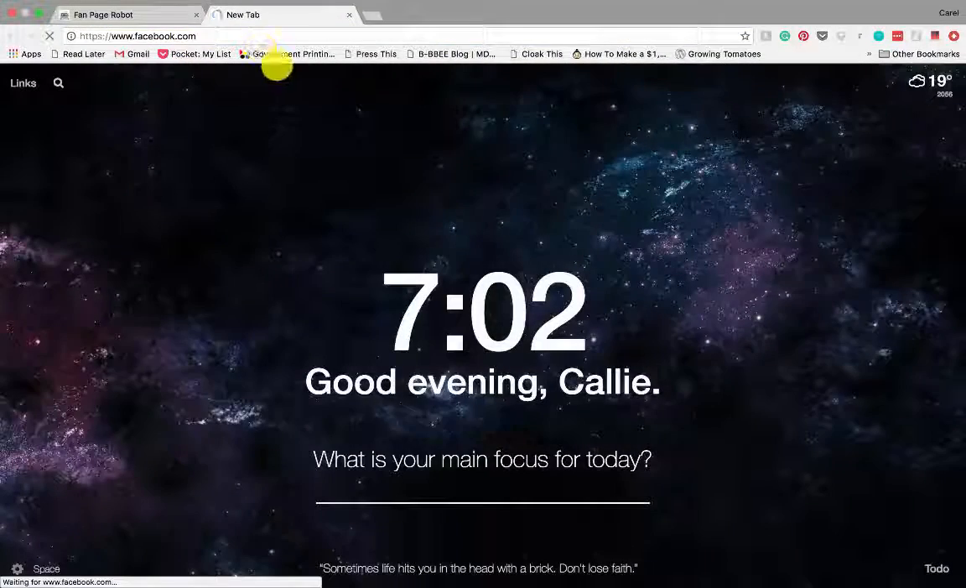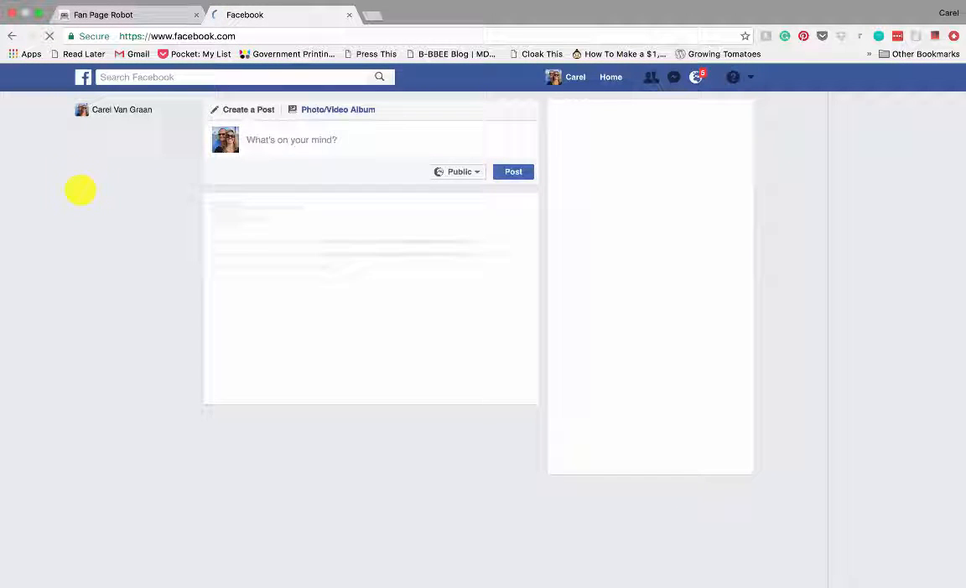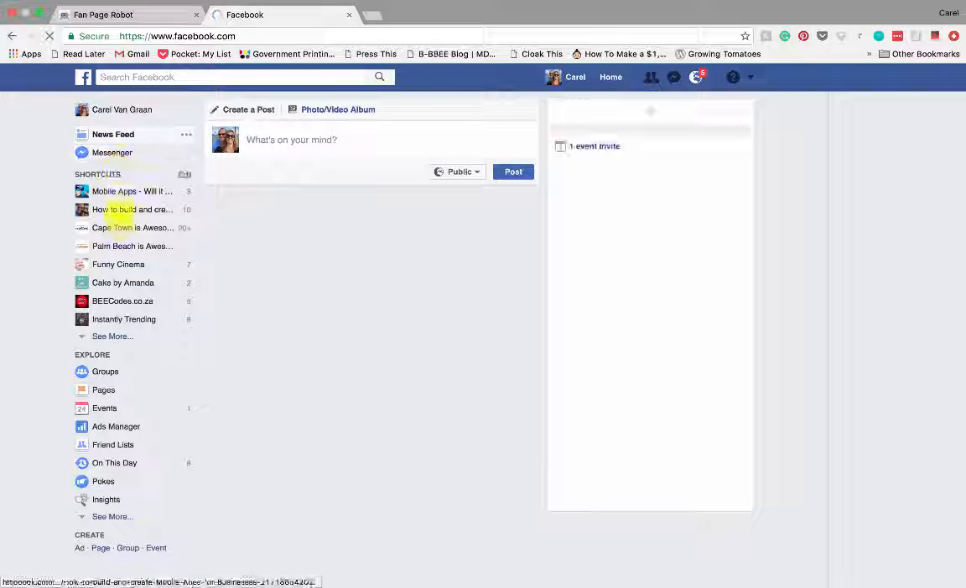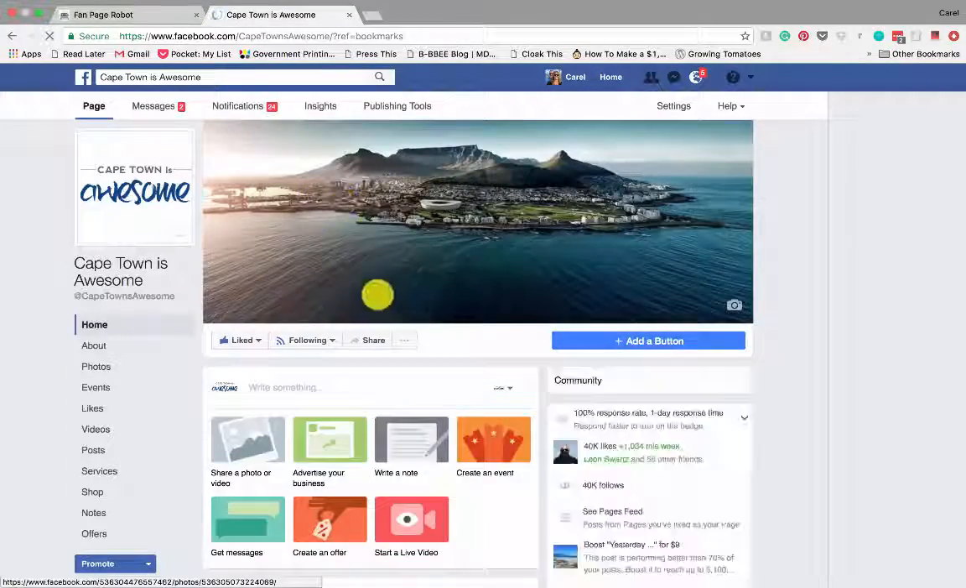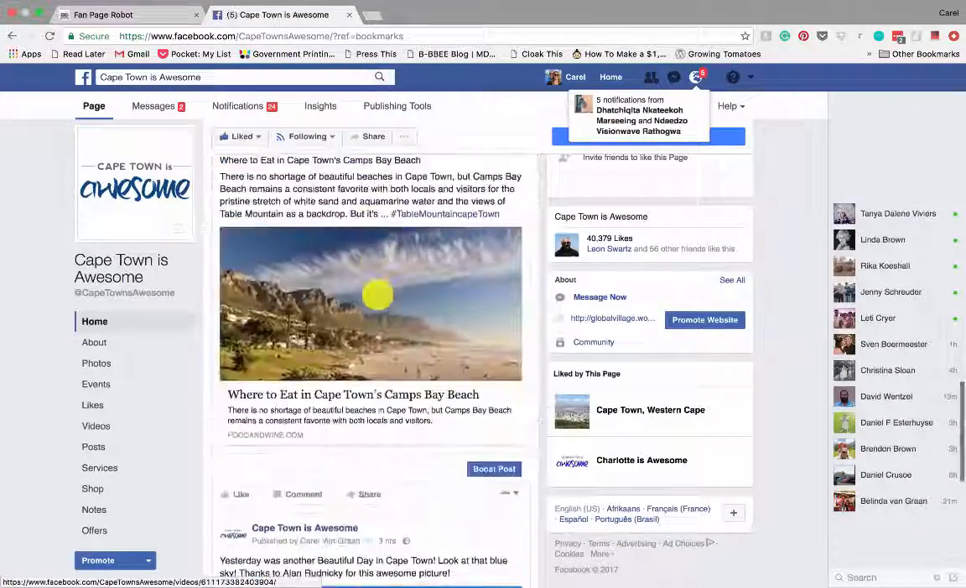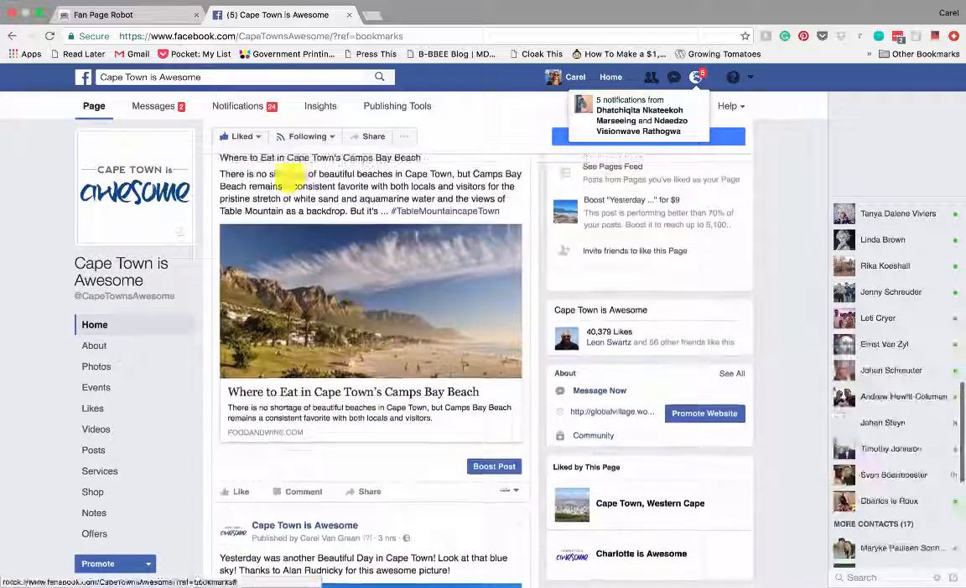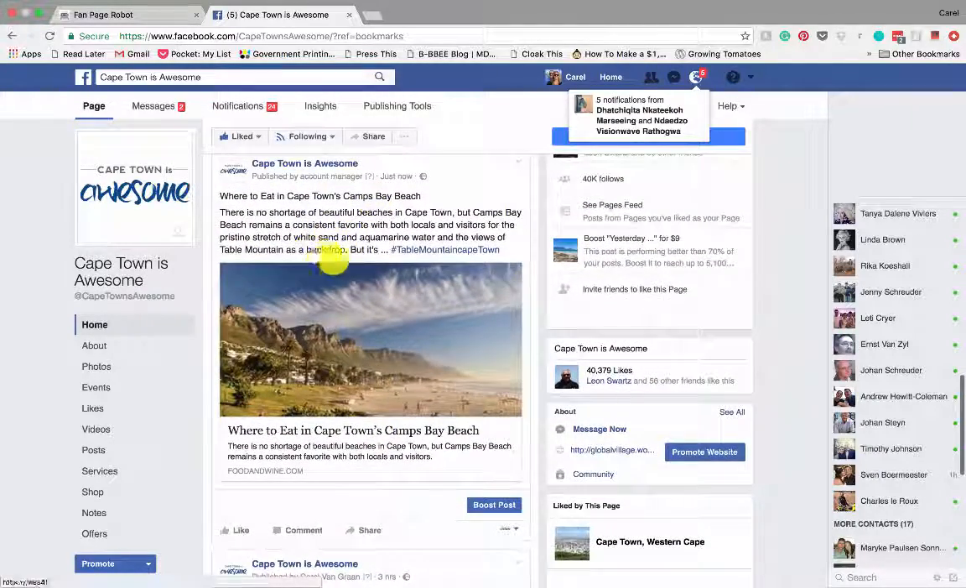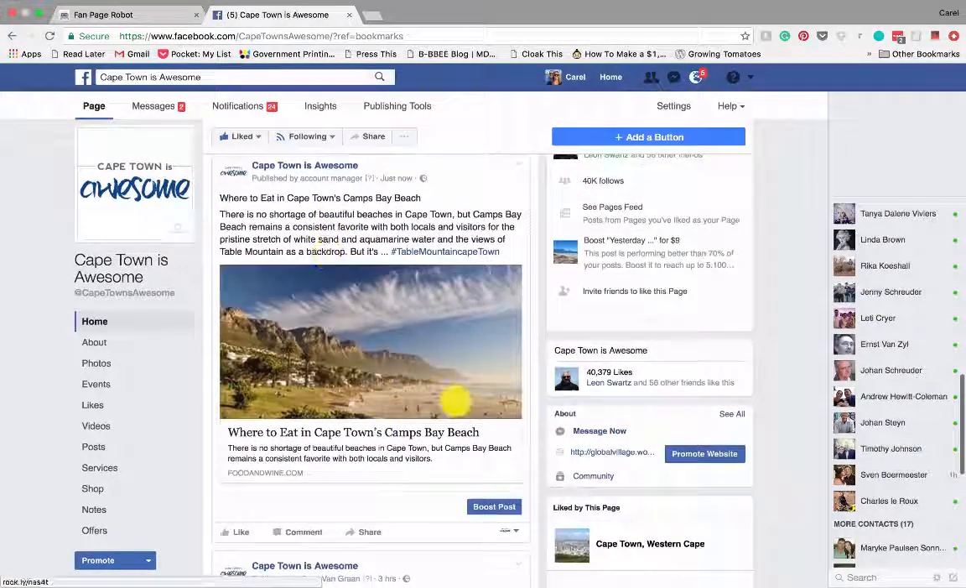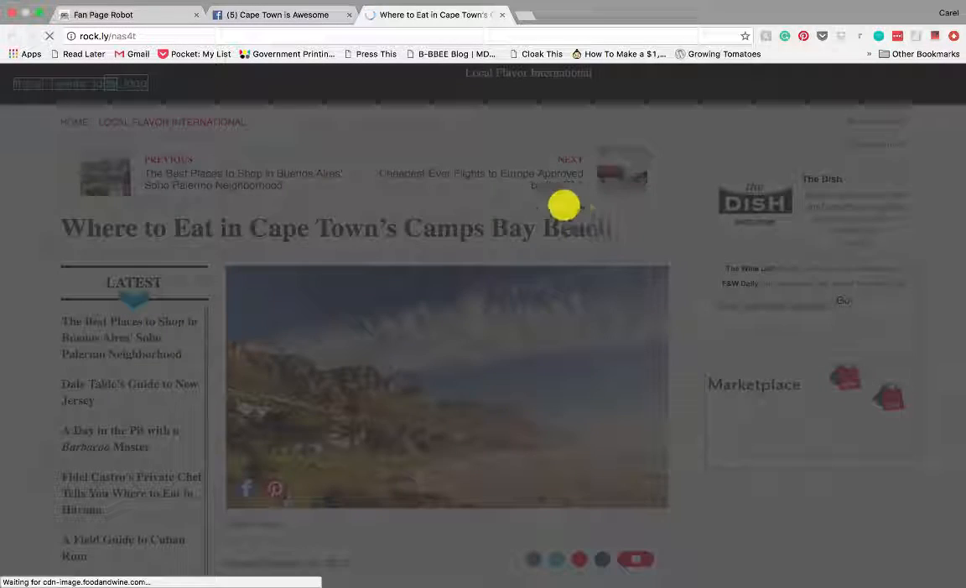Okay, let me go to Facebook. And let's head out to Cape Town is awesome. And go down here. Okay, now this is the post that I just sent out from FanPage Robot. So you can see it's immediately there. And if I click on it, it takes me to the web page